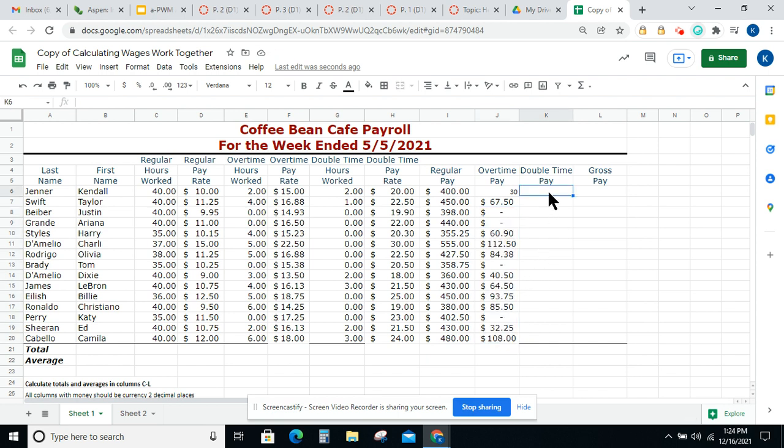Double time pay. It's double time hours worked times double time pay rate. Equals double time pay rate times double time hours worked, equals H6 times G6, equals H7 times G7, equals